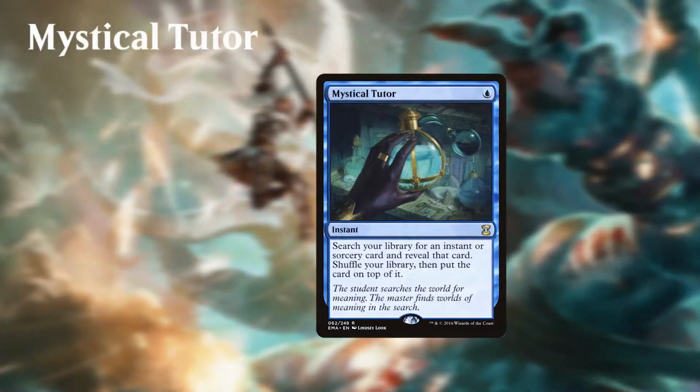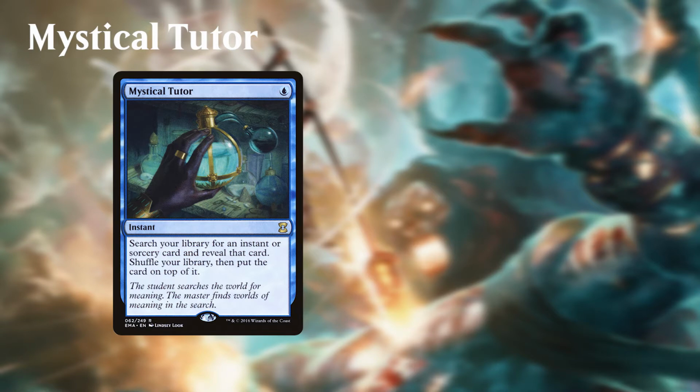Okay, so now we're going to move on to Mystical Tutor, right? Yes. Okay, Mystical Tutor is a single blue mana, and it lets you search your library for an instant or sorcery and put it on top, right? It's the blue version of Enlightened Tutor, and it is clocking in at around...